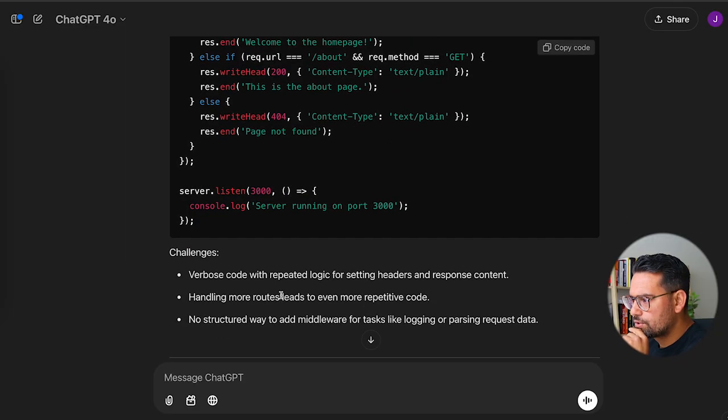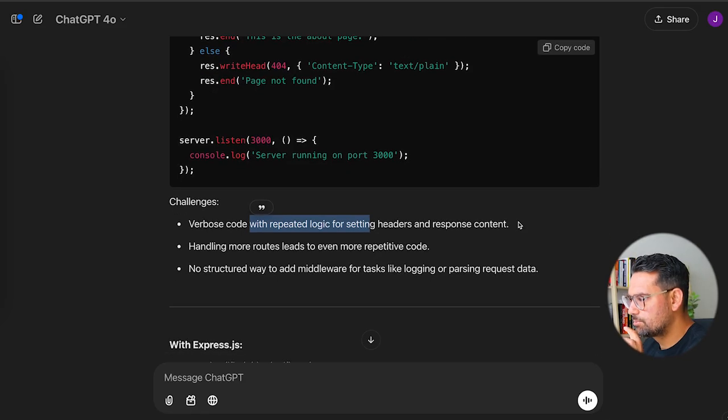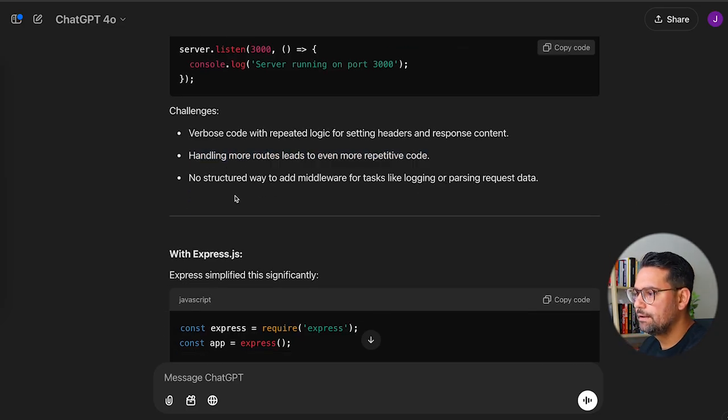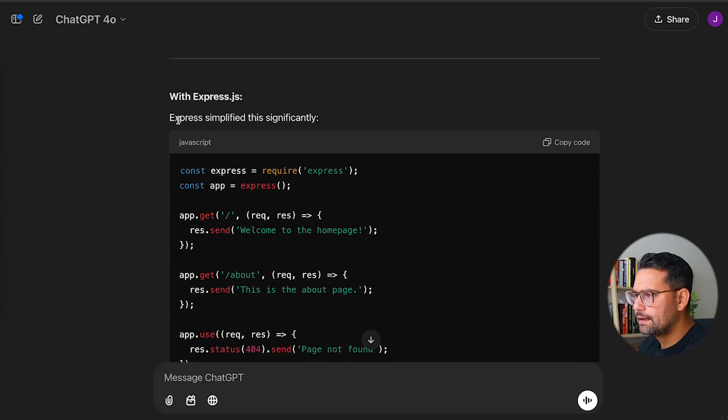So, verbose code with repeated logic for setting headers and response content. And these were the challenges, and another challenge was that handling more routes leads to even more repetitive code. So no structured way to add middleware for tasks like logging or parsing request data. So with